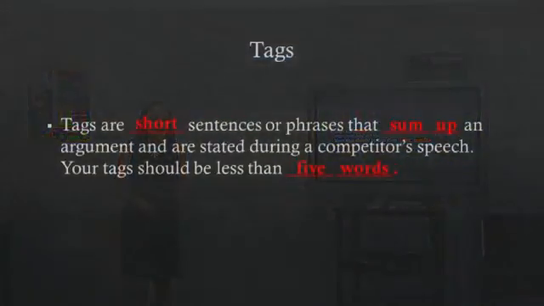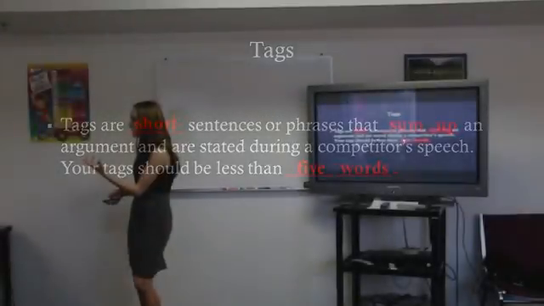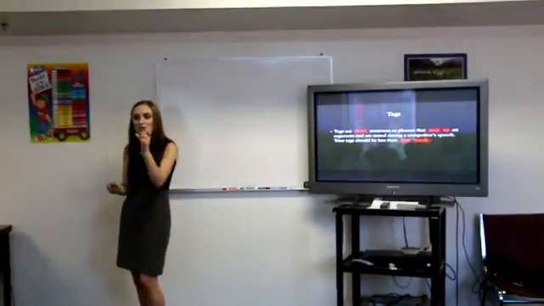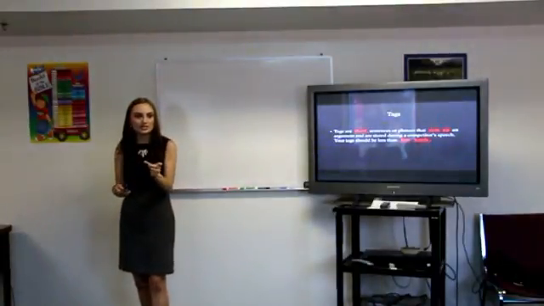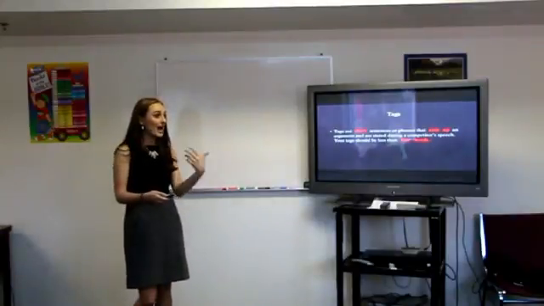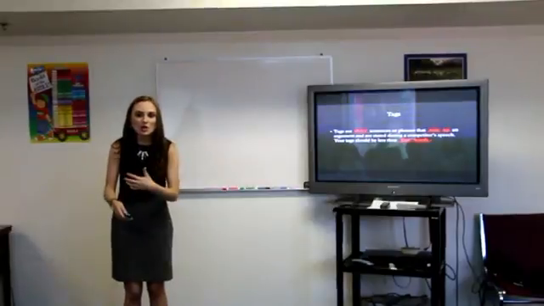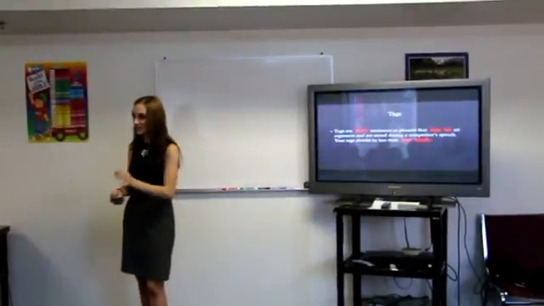So say a tag would maybe be "my value is better," or "my value is the highest value." Very short sentences or phrases that are used to sum up an argument. After you state your tag, or the opponent states the tag during the round, they can go on to explain what that means. But a tag is just a little line or phrase you can write down so that when the judge looks at it, they can remember the argument, but they don't have to write down paragraphs or sentences.